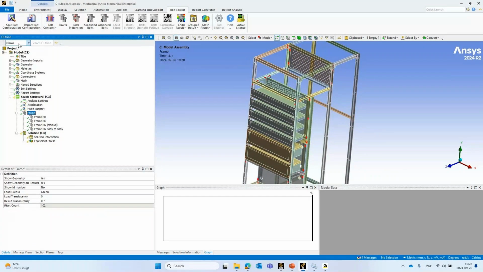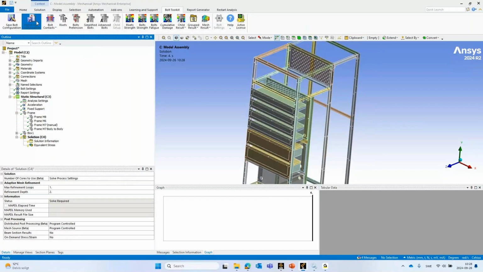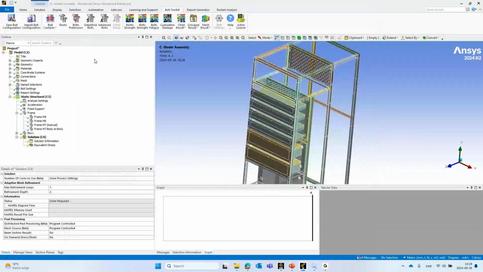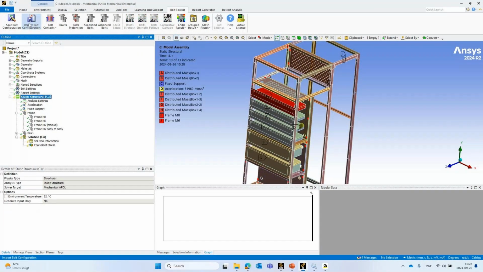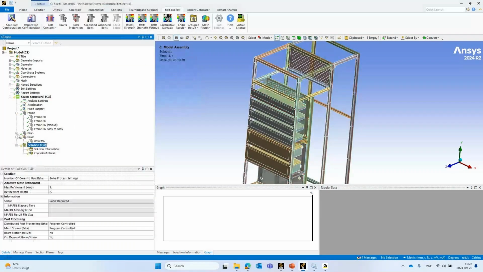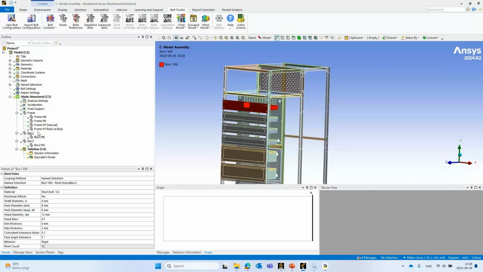So now let's import the box 1 and import the box 2. Like that. So the box 1, of course, only contained details for one box. So what I can do very quickly is duplicate this one,